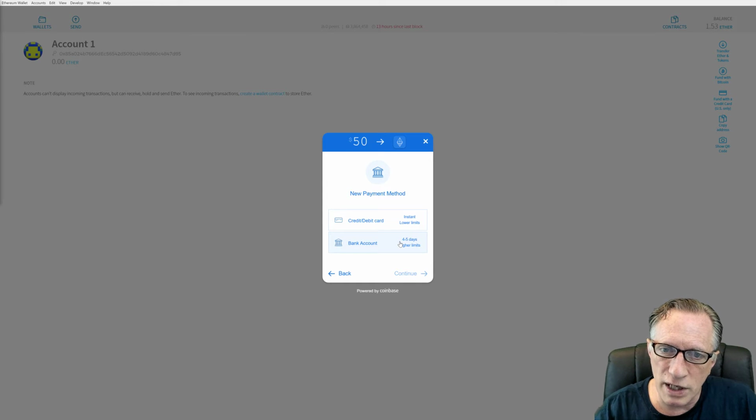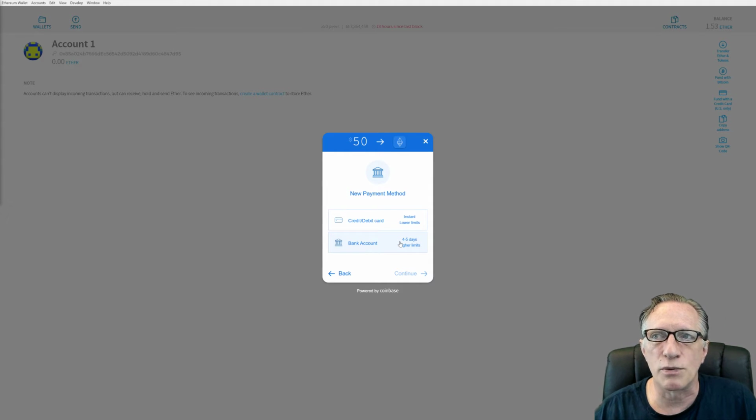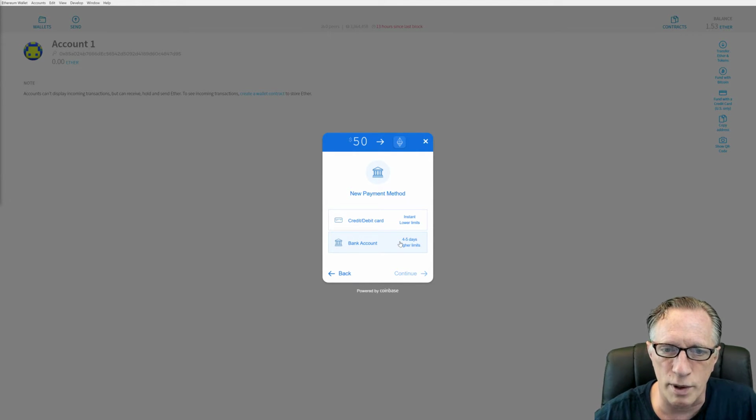But when you buy it on the Ether wallet like this, it buys it using Coinbase, and then Coinbase automatically and immediately will send that Ether to the Ether wallet. So it doesn't go into the Coinbase wallet at all. So you don't have to go through the whole Coinbase setup to do this, but just so you'll know, this is happening through Coinbase. So I'm going to hit debit card,